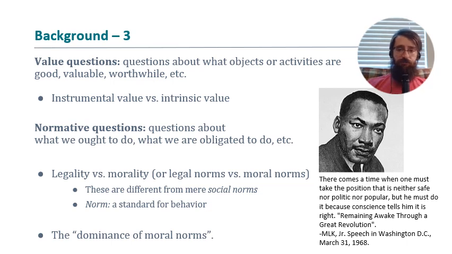All right, and you can see there that there is a distinction drawn between what's safe, what's politic, and what's popular. Safe is what's in my own best interest to do. Politic is what's legal versus illegal, and popular is what's socially acceptable for me to do, right? So this statement, this quote from Dr. King, points to some more examples for us to consider. So think about examples from the civil rights era where people openly violated segregation law in the South.